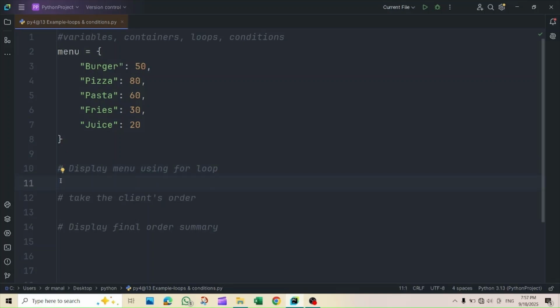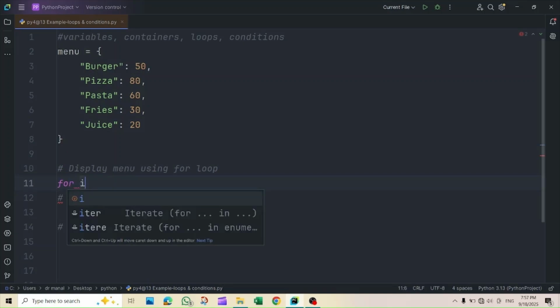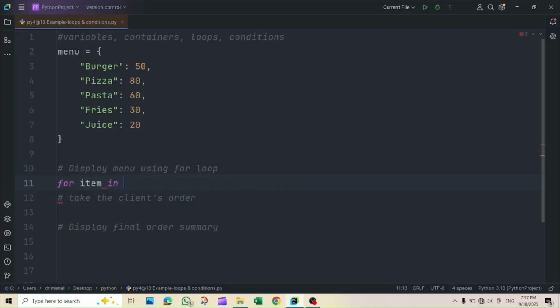Let's have a for loop for item in the dictionary menu. If we end like this, then item here goes for burger, pizza, pasta, fries, juice. It goes for the keys. We can also have another syntax, dot keys, just for clarity, and have our brackets here. Both are the same. So let's here print